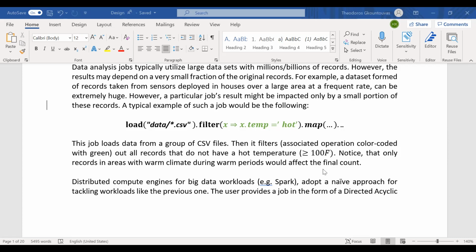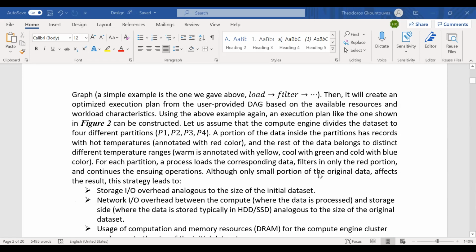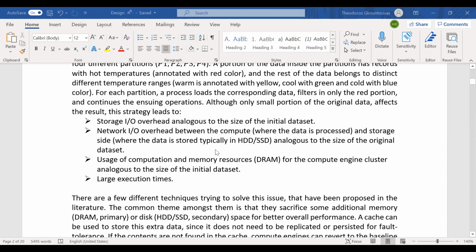So that's the approach that many distributed compute engines take, including Spark. This of course has a lot of disadvantages, mainly the storage IO overhead. You load the whole data set from the storage. You have to transfer it if the storage and the compute